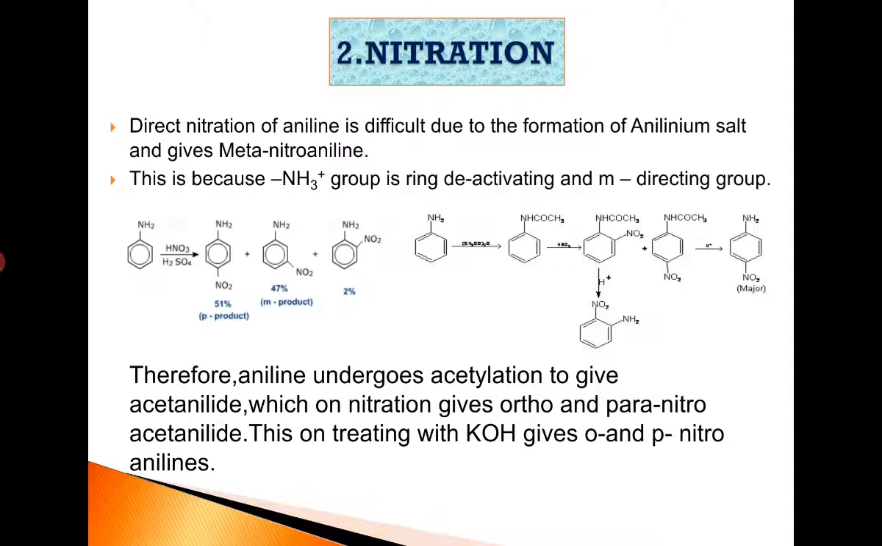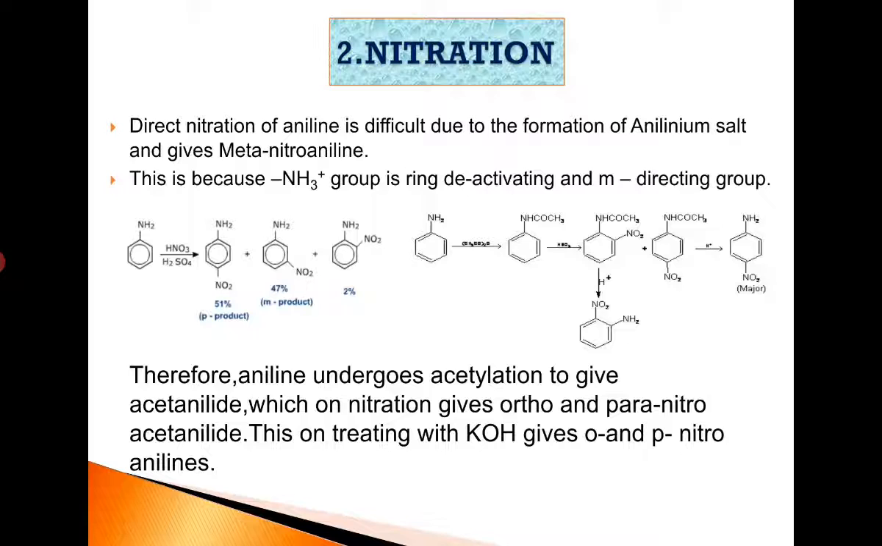Next, nitration. Direct nitration of aniline is difficult due to the formation of anilinium salt, and that gives meta-nitroaniline, because in the anilinium salt the NH2 group is converted to NH3 plus, which is a ring deactivating group and a meta-directing group. Therefore, direct nitration is a difficult process, and it is carried out by acetylation